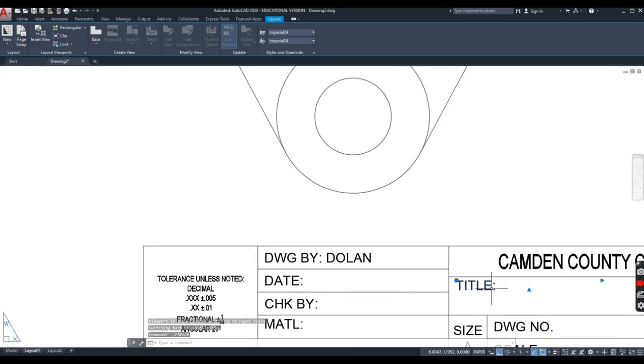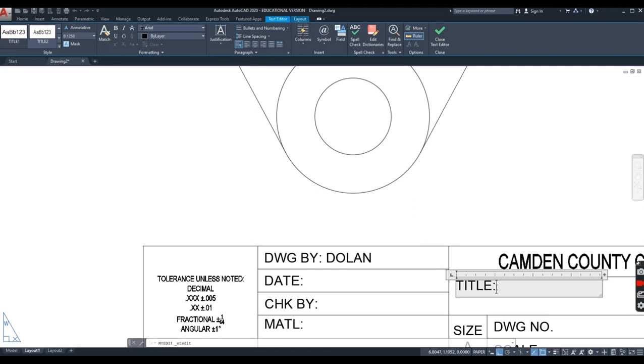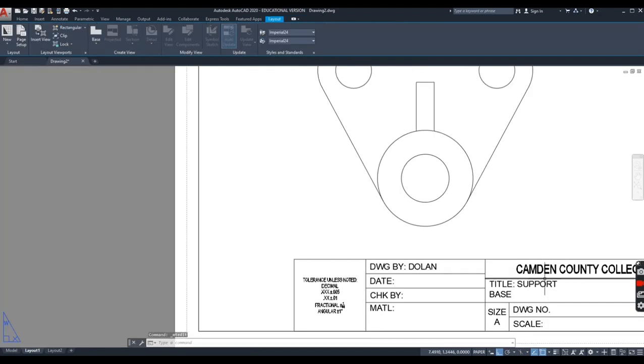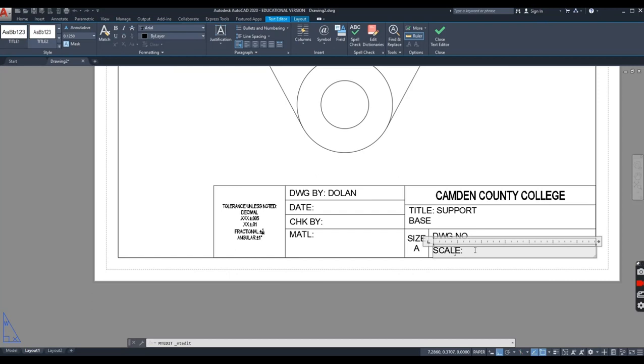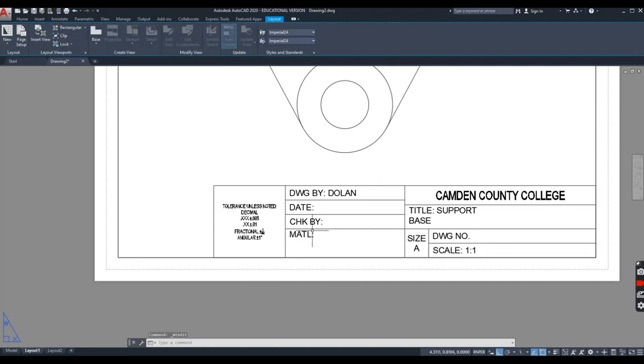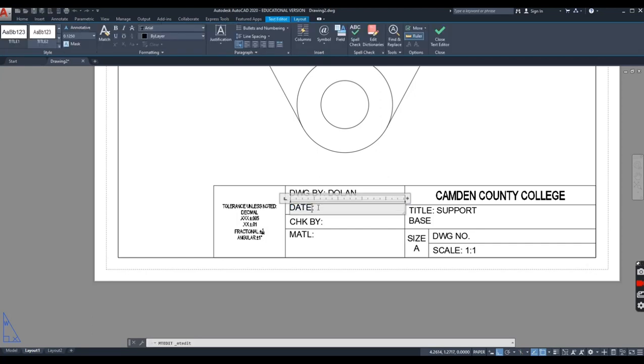Here I would double click, and then I could put the title, for example. This is support block, support base, I mean, B-A-S-E, and then click anywhere, and then I could put the drawing number, and I could put the scale. You always must have a scale here. That scale here is 1 to 1. And click anywhere else. I can put the material in here. Just by clicking I can put the date. This is